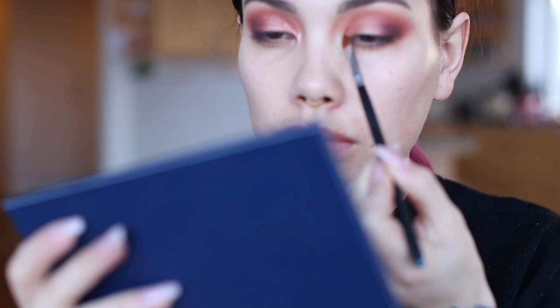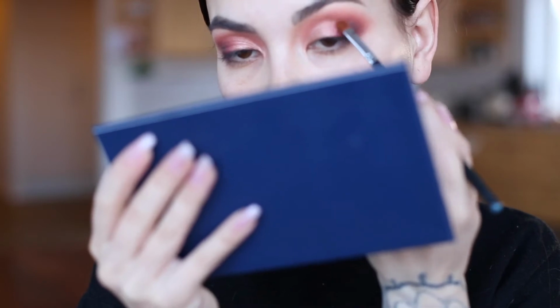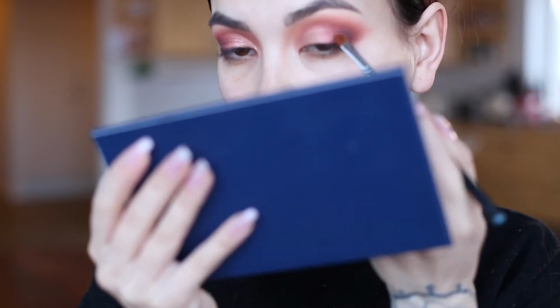show on the video. With my finger, I'm applying Natasha Denona Chroma Crystal top coat in Nude on the lids. And with a blending brush, just wiping off any excess. I'm going back in on the Holiday 2 palette and mixing the two shimmer colors for inner corner highlight. Taking the red shimmer to blend with that top coat I applied and the matte shadows for a super blended